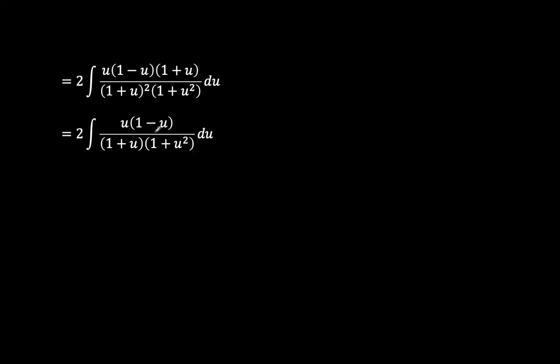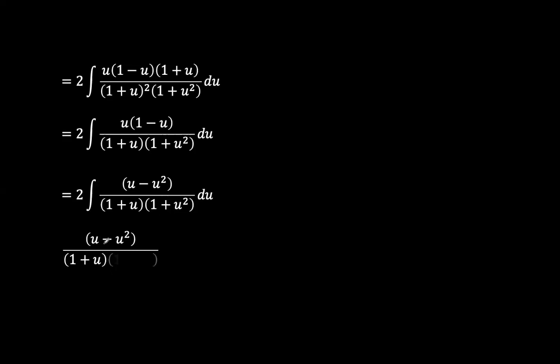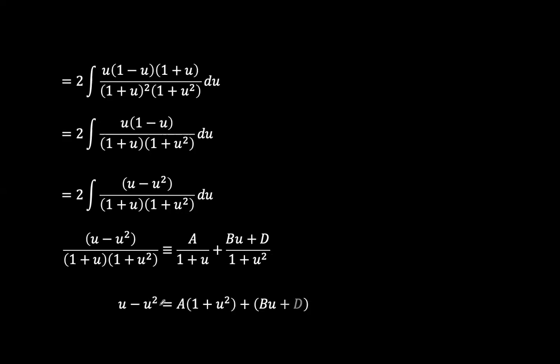simplify this fraction. We can decompose it a little bit, but first of all, we'd have to multiply u across, right? So the first thing I would do is I would say (1 minus u squared) over (1 plus u) times (1 plus u squared) is equivalent to a constant a over 1 plus u plus (bu plus d) over 1 plus u squared. Then I can multiply this denominator across so that u minus u squared is equal to a times (1 plus u squared) plus (bu plus d) times (1 plus u). So